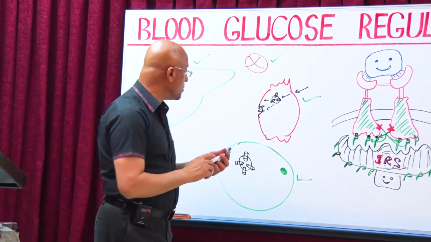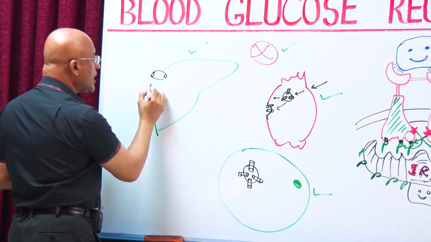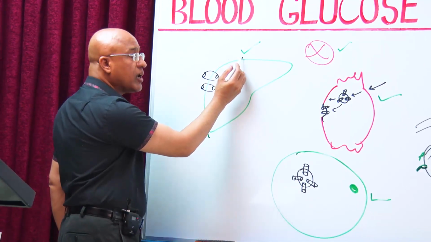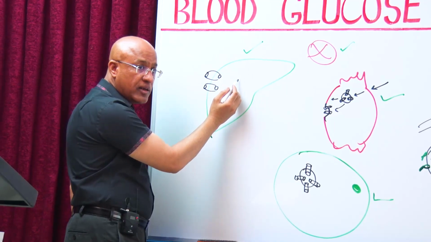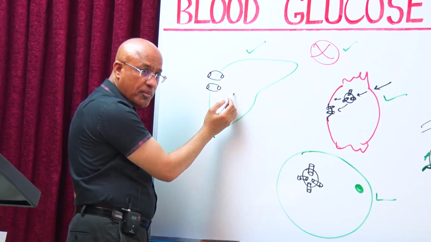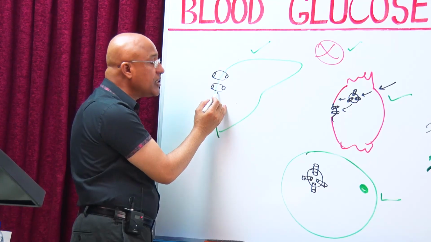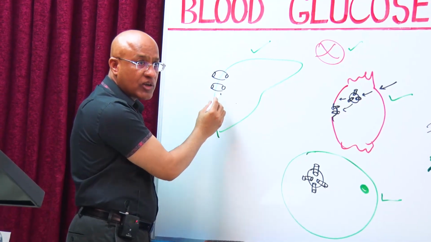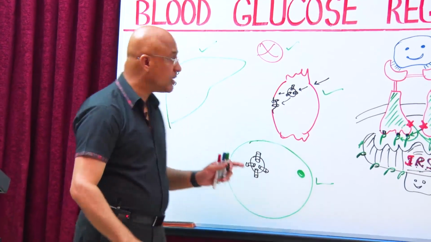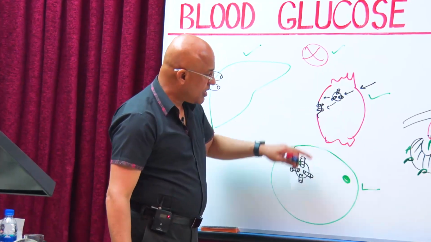But I want to tell you that liver has what kind of GLUT? It has GLUT2. GLUT2 are not insulin dependent. So insulin on hepatocyte alters many enzymatic pathways, right? Insulin alters many enzyme functions inside the hepatocyte but does not change the permeability of the membrane to glucose. Hepatocyte permeability of the membrane to glucose remains all the time. It is insulin independent.